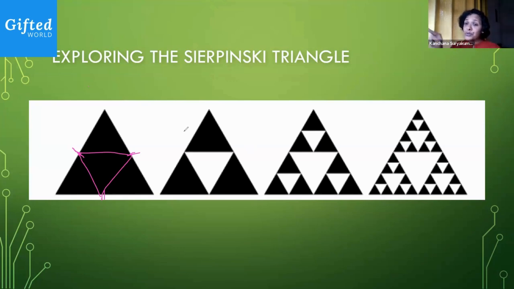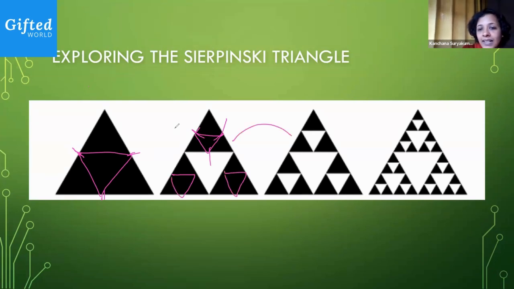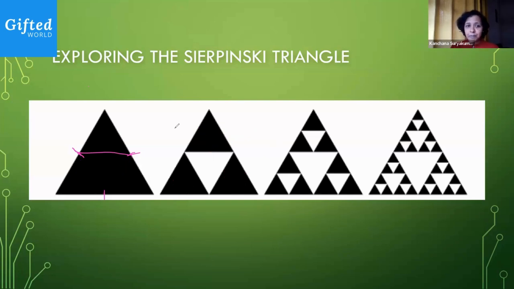And I continue to do the same thing. So let's take the second figure. I take the midpoint of the 3 sides, and then imagine I'm cutting this off. When I do this, I actually get the third figure. And I continue in this series. You would get the next figure and so on. This is how the Sierpinski triangle is drawn.